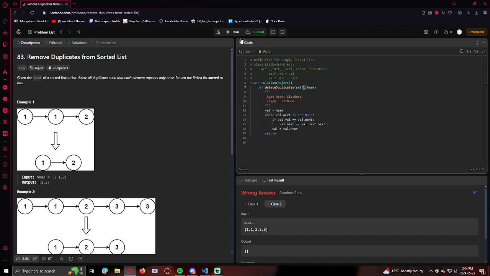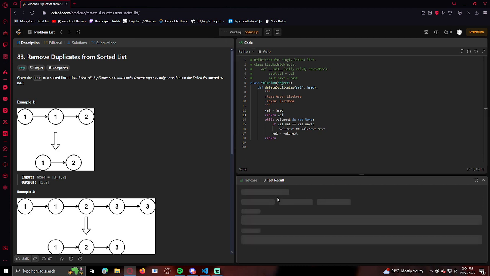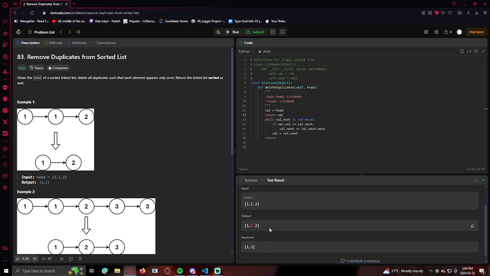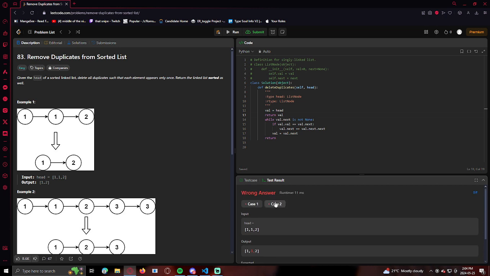But having to return a list node, how do we return a list node? Because this is a list node right now, right? If I went to here and I return val, let's see what I get. Do I just get the same thing over and over? My output is 1, 1, 2. And this one's just everything. But once I do val.next,